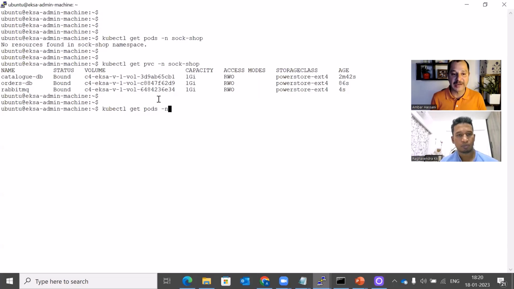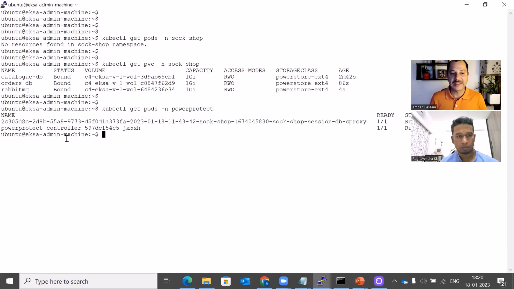get pods -n power protect. Okay, you can see here now the session proxy and the DB proxy are happening. The power protect controller is running, but these are dynamic pods that get created for every PVC that will be created. Okay. So in terms of what is happening from a logs perspective, the same way we can actually get the